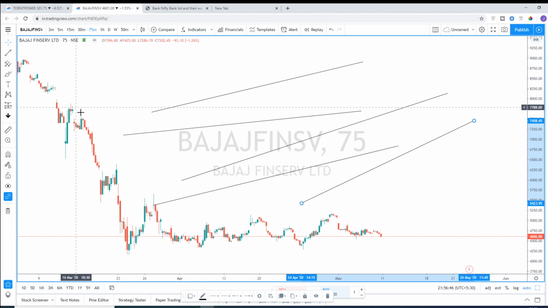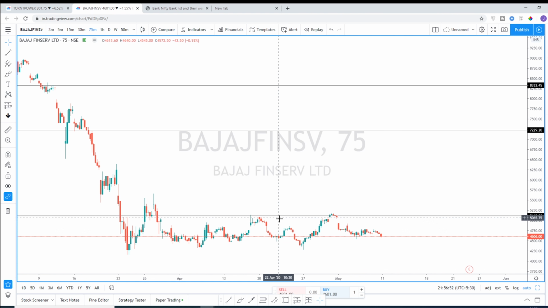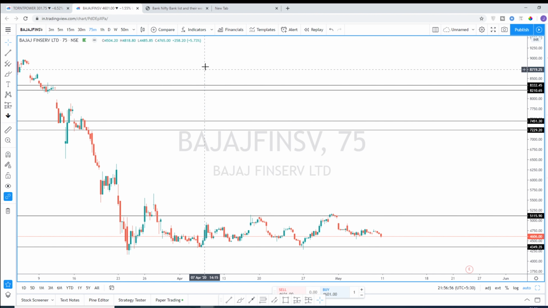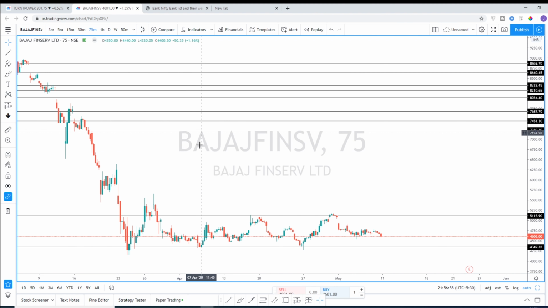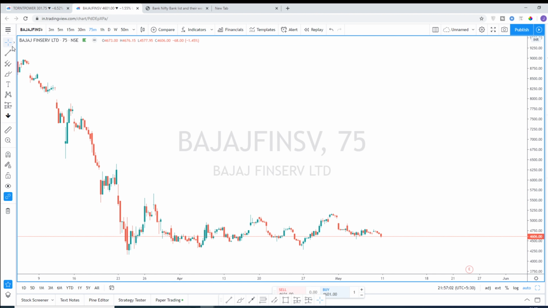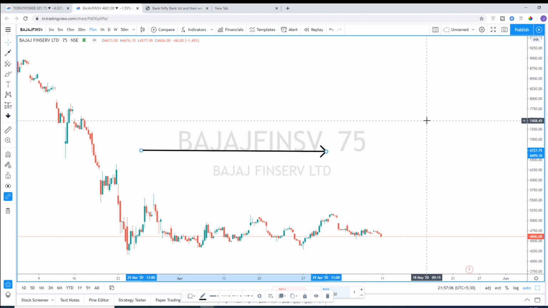At the same time, you can also use alt plus H to draw a horizontal line. If you are drawing support and resistance, you can just press alt plus H to draw the support and resistance very fast. Apart from that, I don't use anything here. Arrow, probably you can use it for explaining the charts to someone.